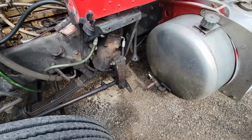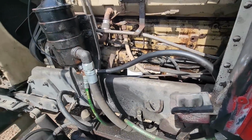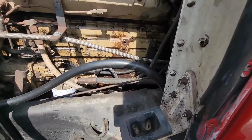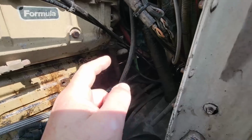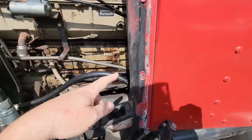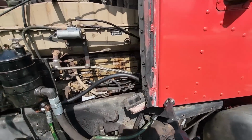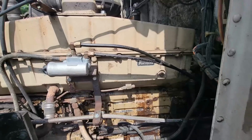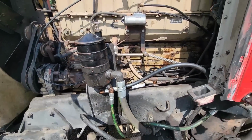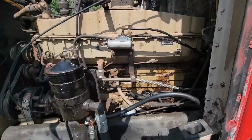There's something else I was going to do. I had it the other day. They had an airline rubbed through, so I went out and tracked down the leak, and we nursed it back to my place, and I replaced the airline from the tank to the foot valve. And while I was at it, I went ahead and put a new governor on, since we had the system down. And I don't know if it's recovering any faster now with a new governor or what, but they're having